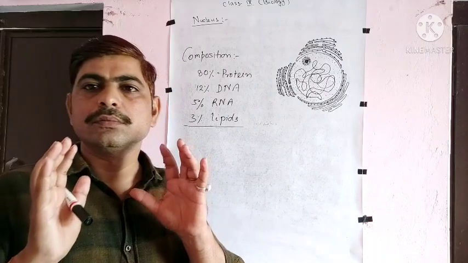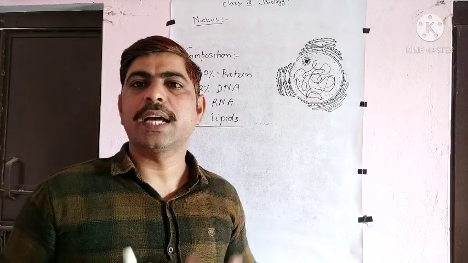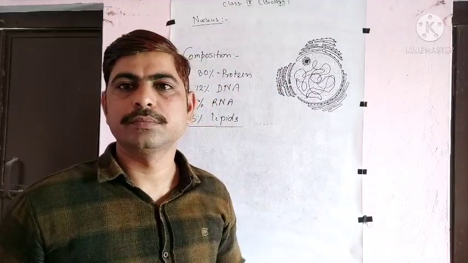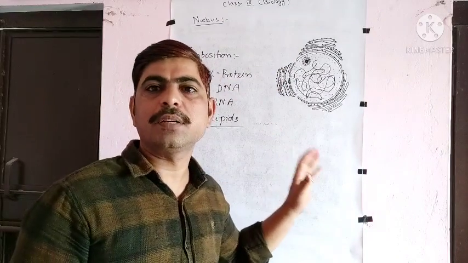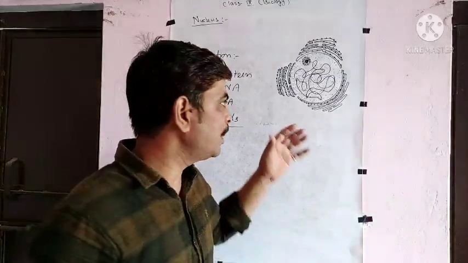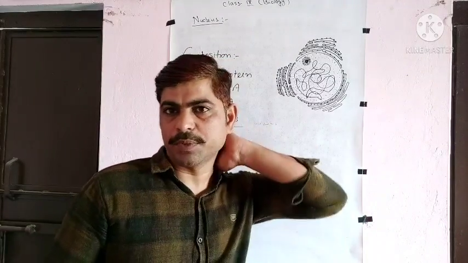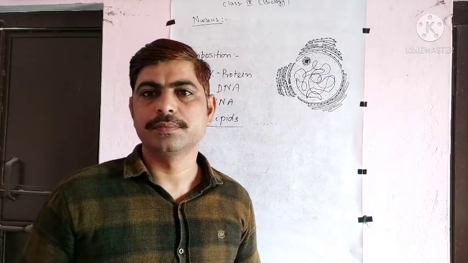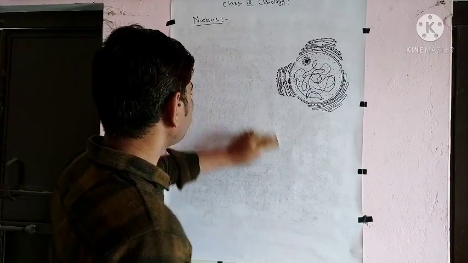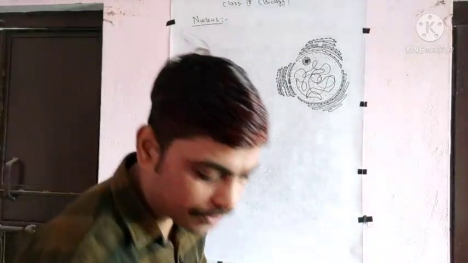A nucleus at rest is generally spherical in shape. Nucleus is spherical in shape when it is at rest. Okay, its shape can vary when it is preparing for division. Okay, now the parts of the nucleus,